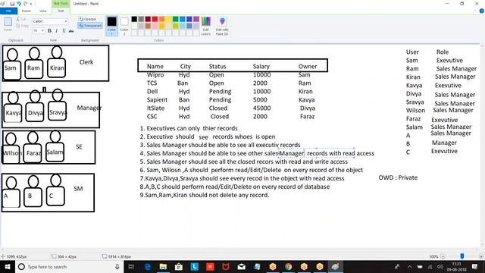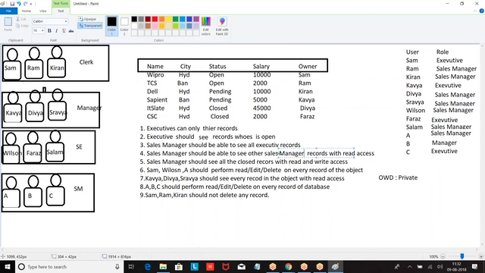Sham, Ram, Kiran should not delete any record. So these people should not get delete permission. Go to profile and disable the delete option. If you disable delete on the object, they obviously don't get delete permission. So what is the primary point? OWD. After deciding the OWD, you see how you can give extra permissions.